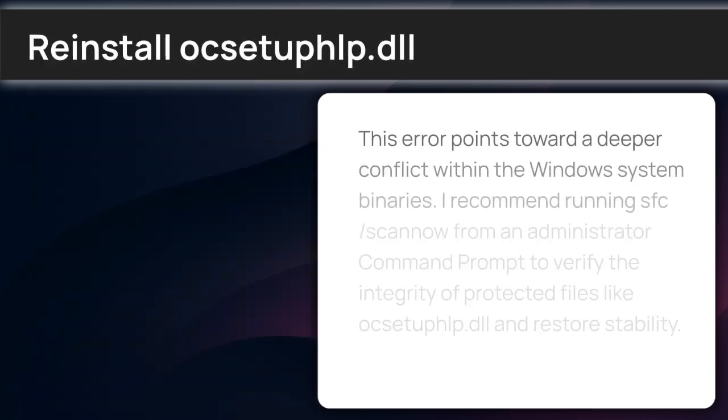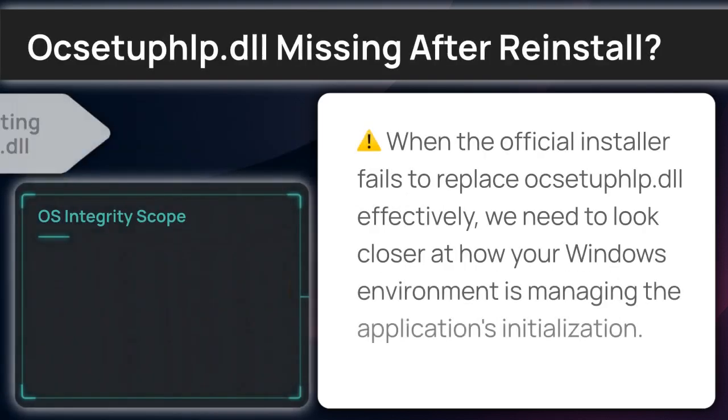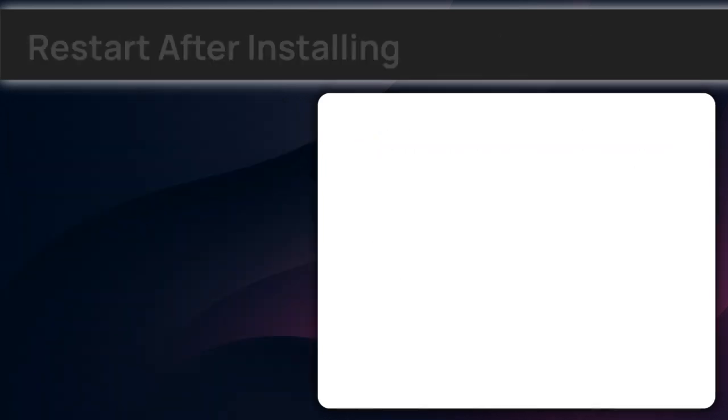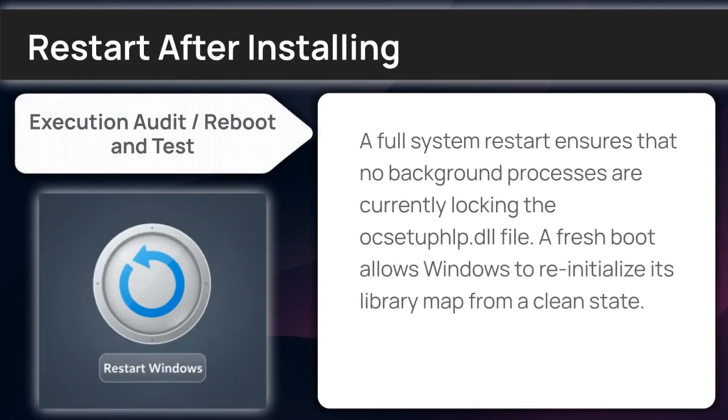This error points toward a deeper conflict within the Windows system binaries. I recommend running sfc /scannow now from an administrator command prompt to verify the integrity of protected files like Ocsetuphlp Library DLL and restore stability. If that initial setup didn't clear the pop-up, let's examine the specific initialization sequence assigned to your application's directory. A standard restart allows the Windows bootloader to rescan your system directories and potentially recognize an unregistered